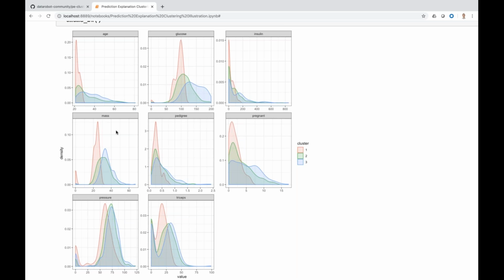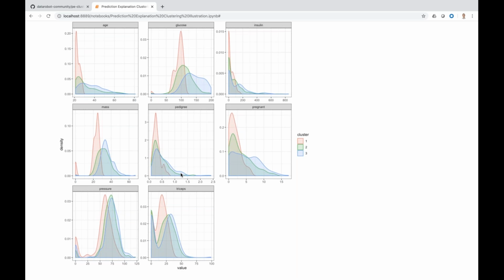And we can similarly look at our other feature sets to see where these clusters are differing. I just want to point out here, this is where that advantage of the prediction explanation clustering comes in, rather than just looking at how the observations differ on features in the abstract. We know that these differences are going to be correlated with differences in risk because we're clustering on the prediction explanations. So when I'm seeing differences here, I have a little more confidence that these differences are really meaningful for the problem at hand.